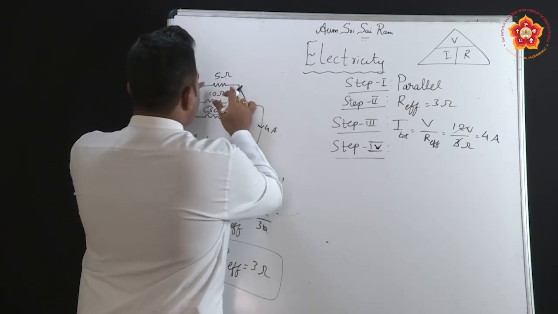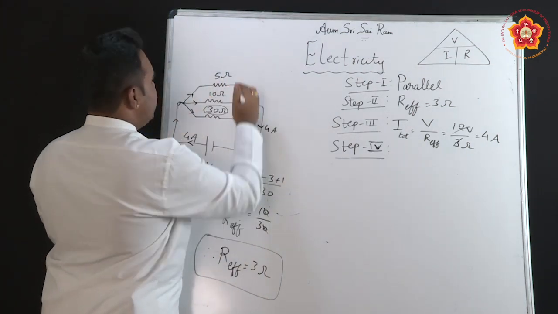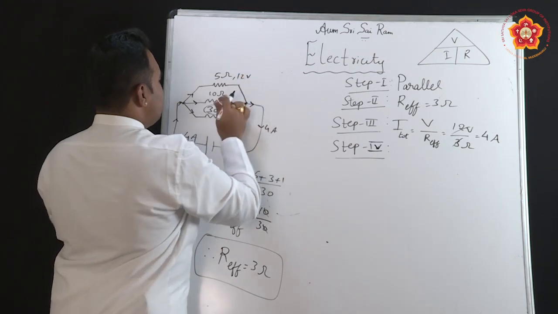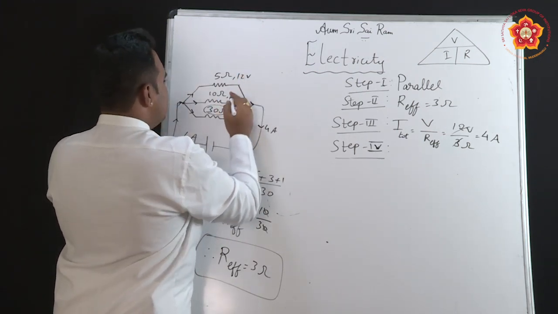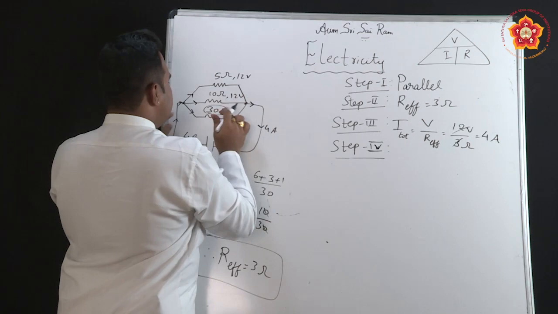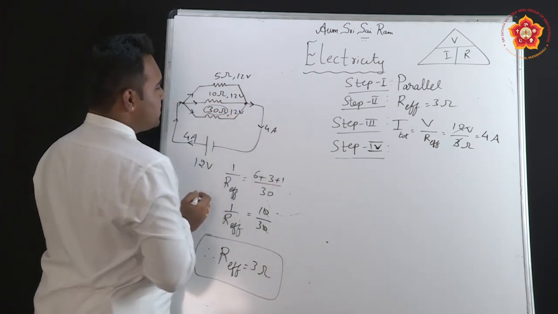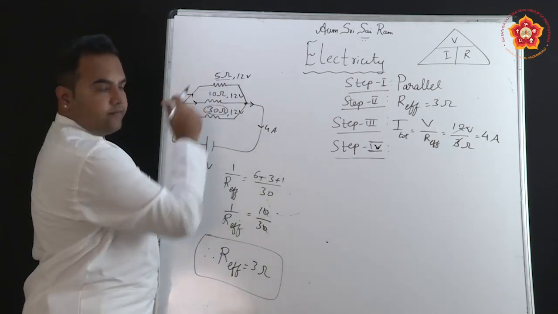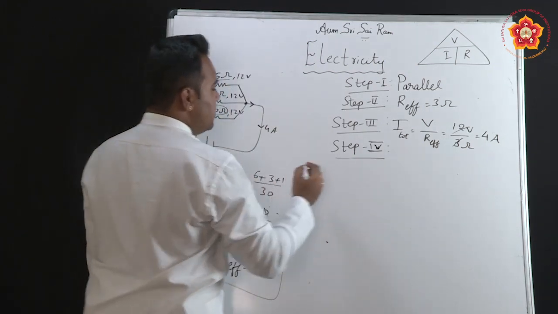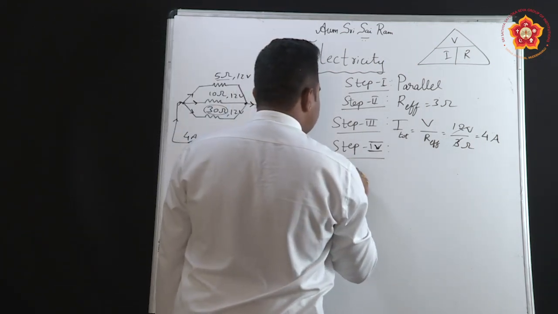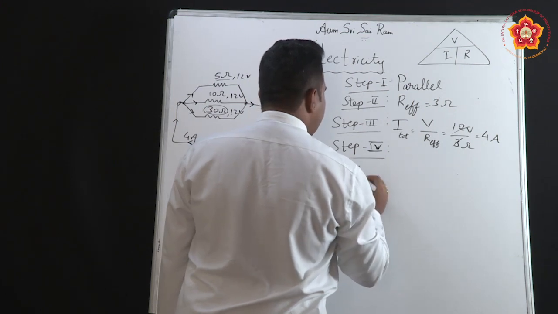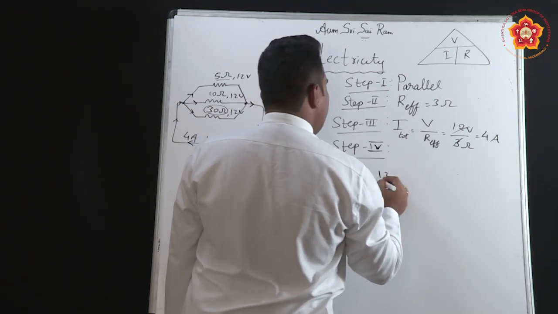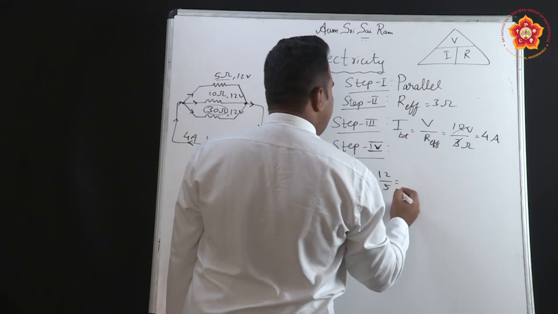So, what is the voltage between these 2 points? It is 12 volts. The voltage between these 2 points is also 12 volts. Now, I know the resistance here, I know the voltage. So, the current through the first resistor I is equal to V by R. So, voltage is 12 by 5, if we calculate we get